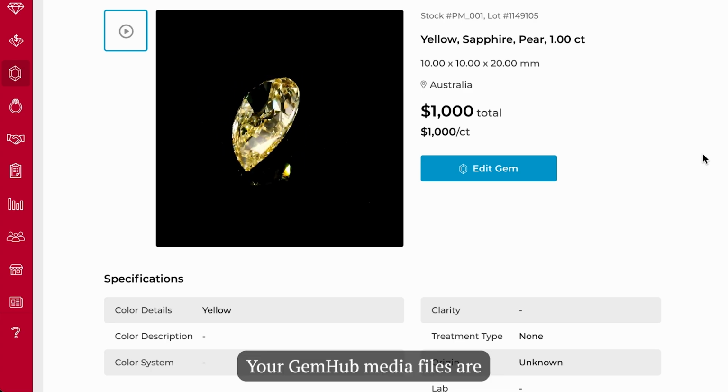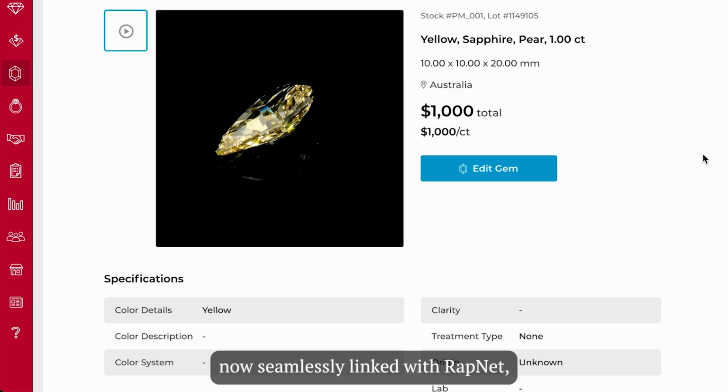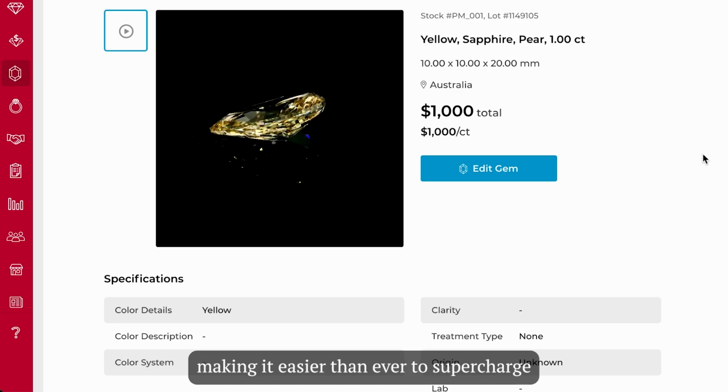Your GemHub media files are now seamlessly linked with RapNet, making it easier than ever to supercharge the sales of